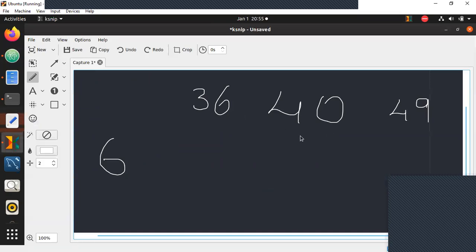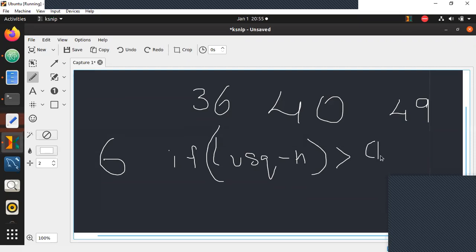Check the difference between n and low square and n and up square. So can I just give a condition like if up square minus n is greater than n minus low square?